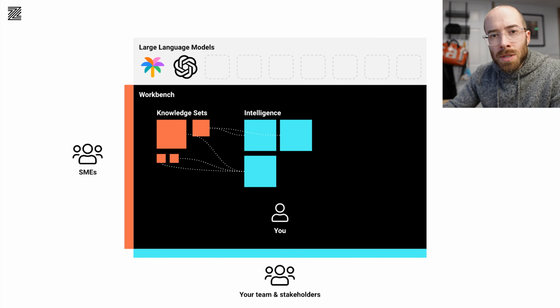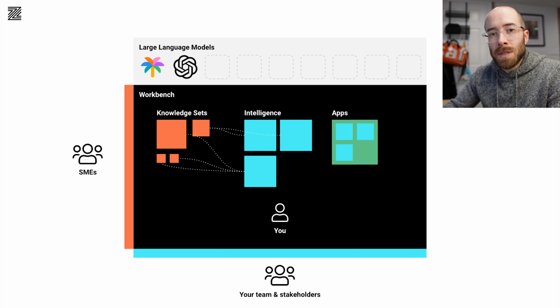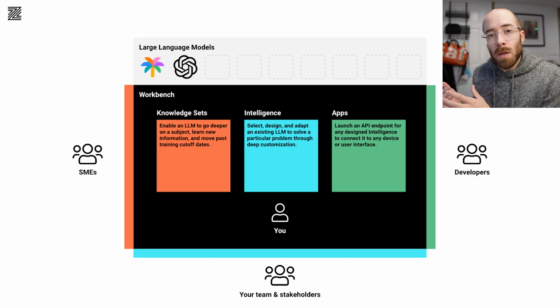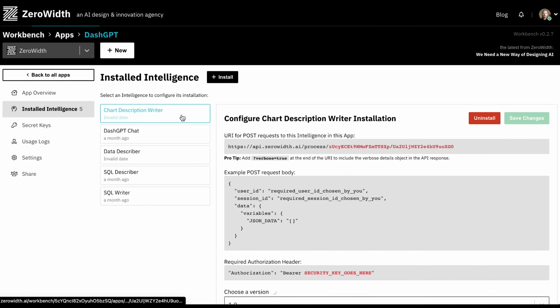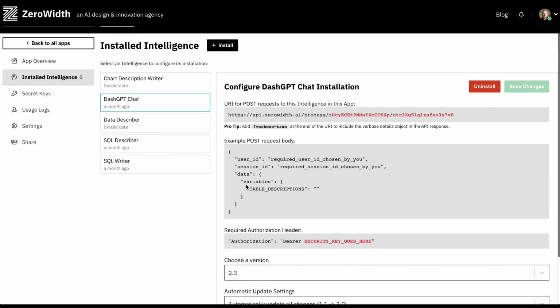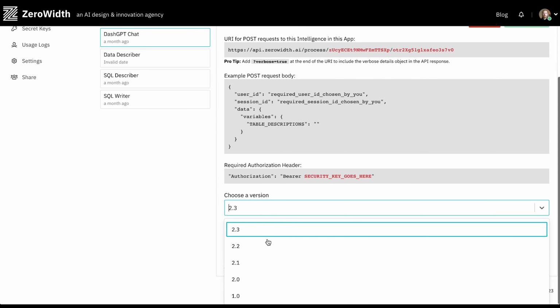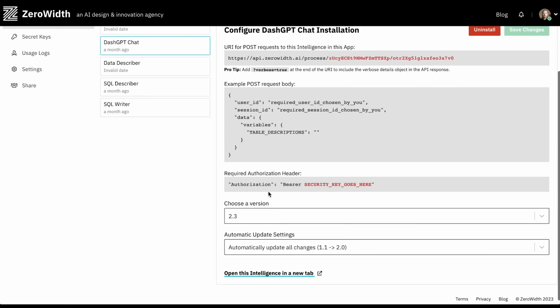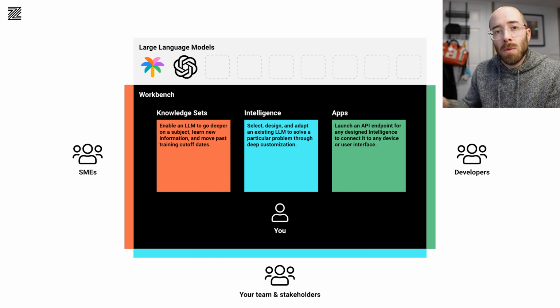Now, the workbench isn't just a prototyping platform. Once you have intelligence that you like and is working well, you can collect those up and embed them in what we call an app, which essentially puts an API around those particular bits of intelligence to serve up to your development team to actually embed them in either client-facing or internal tools, or in anything that can make a POST request, still leveraging the same collection of intelligence configuration settings that you've set together, the knowledge sets that you've been managing, and all of those things can be leveraged in multiple different places within your org,